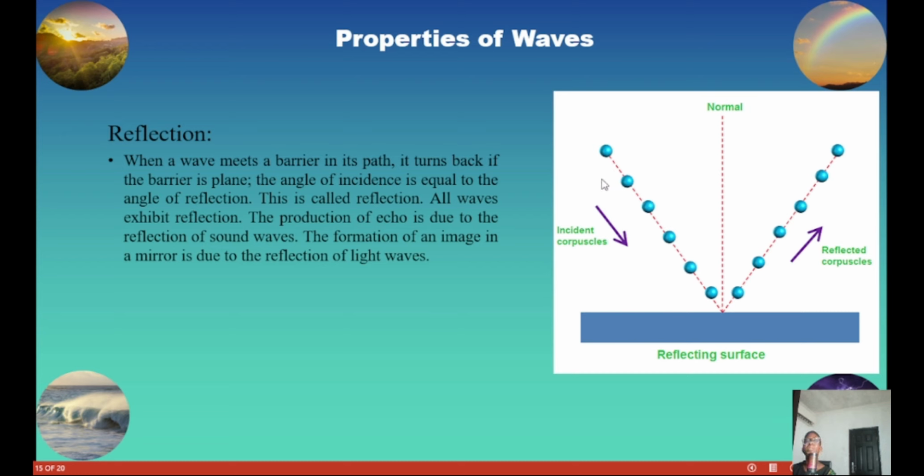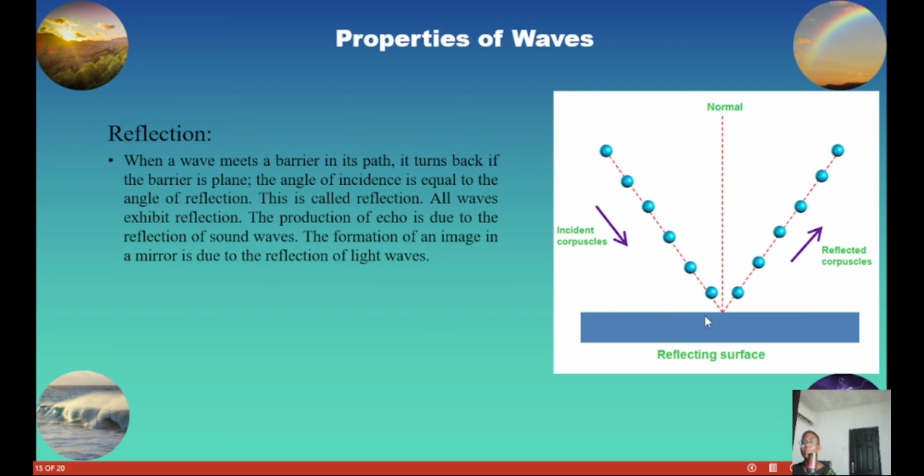So look at it now. This was the wave. It was coming and it met a reflecting surface. So that was what happened. It came here and it bounced back. So we have the incident ray and the reflected ray, and later you're going to learn the law of reflection. It simply says the incident ray, the reflected ray, and the normal all lie on the same plane. So this is what has happened. The light wave was coming, it hit the surface and it bounced back, and that is what reflection is talking about.